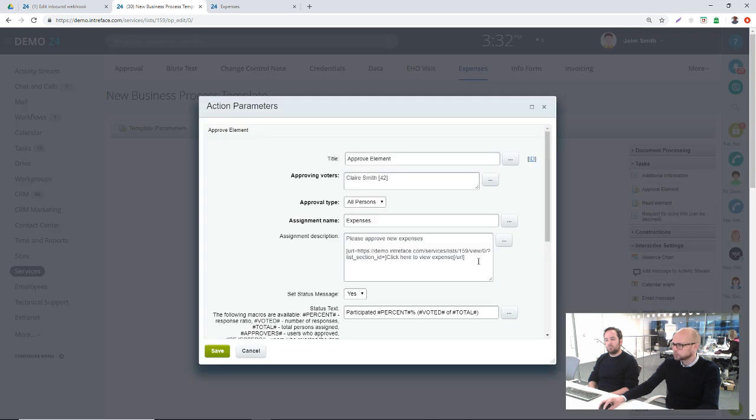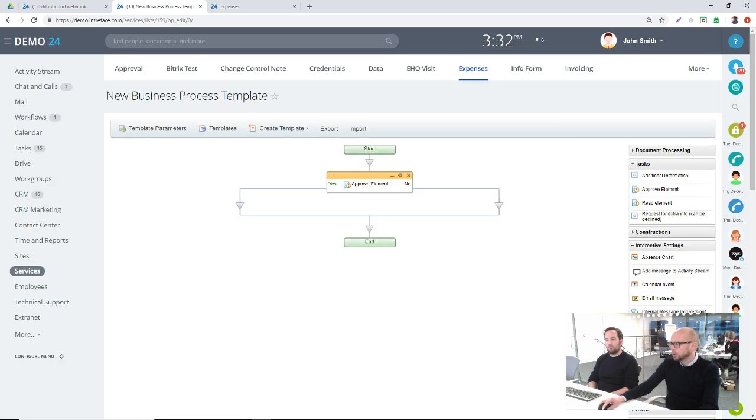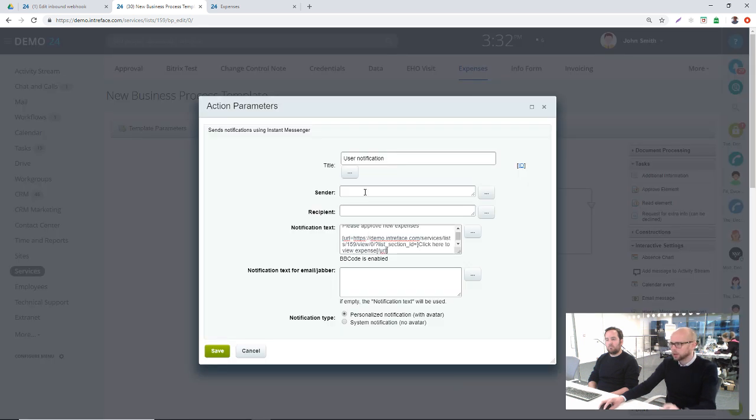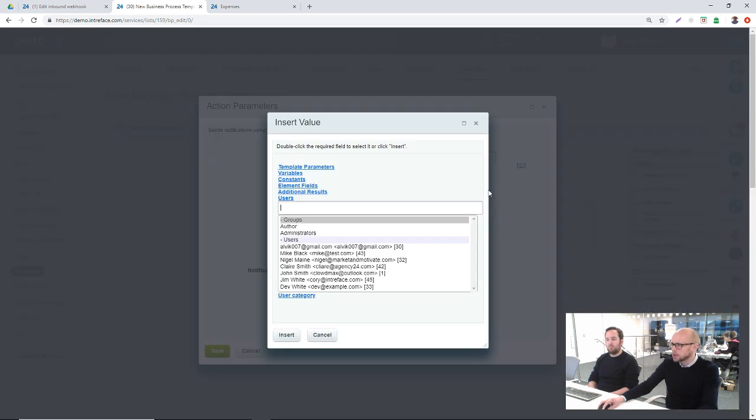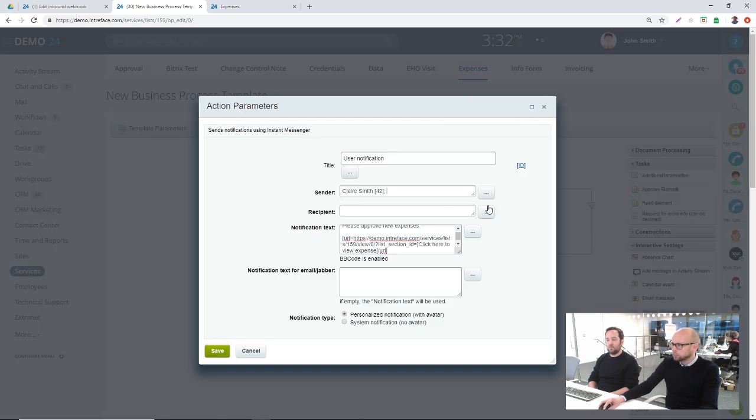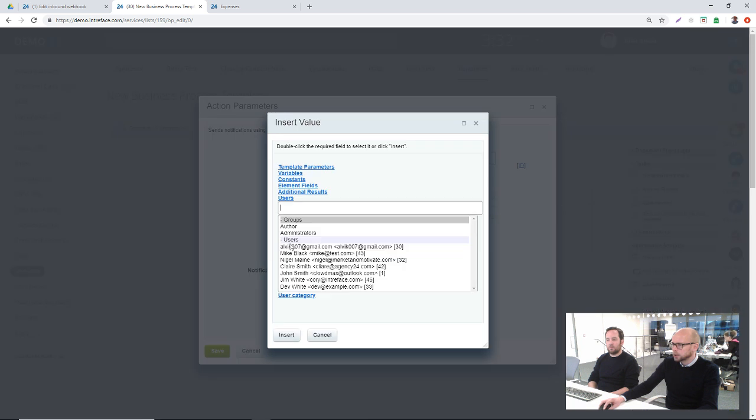Let's just copy this and maybe bring in a notification when it's approved. And just copy and paste that in for now. So we need to select a sender. Claire, who's the approver, select a recipient. That's going to be the